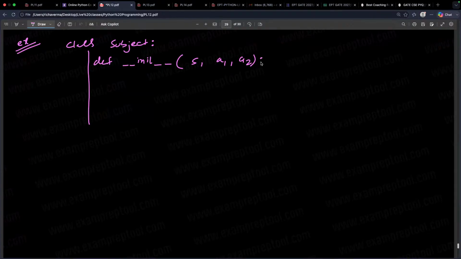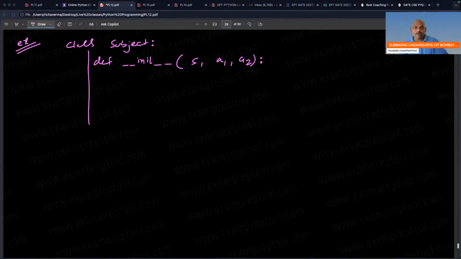So colon. Remember, def being there means it is a function. Please try to understand: def is there, so it is a function definition, right? But it is a special function, that is the reason the underscores are there.